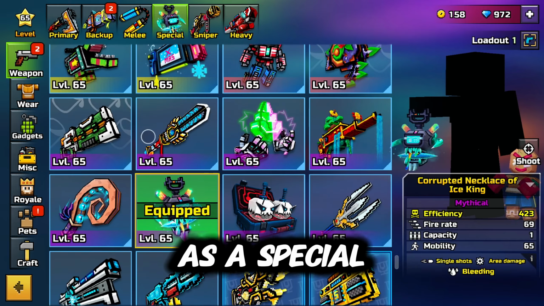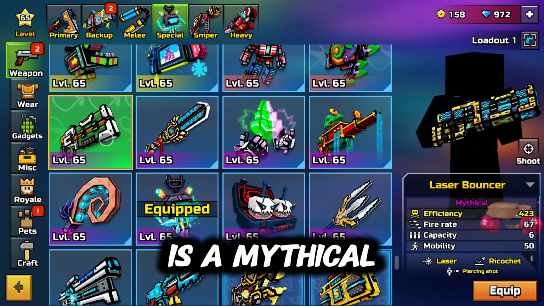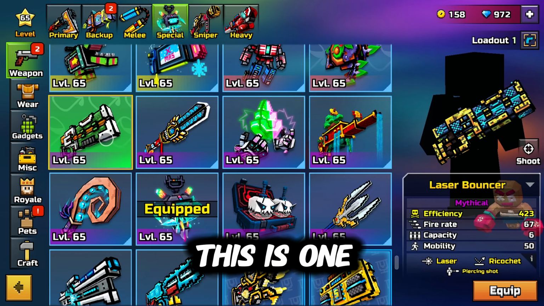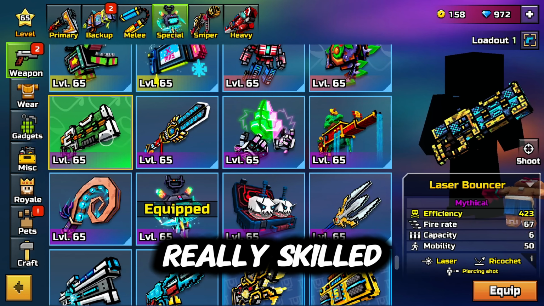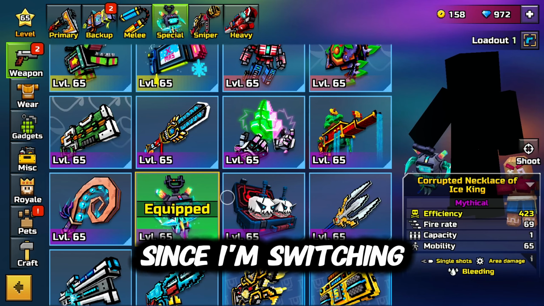As a special, you can always use the laser bouncer. The laser bouncer is a mythical, it's really insane. I showed you before, I told you before, guys. This is one of the weapons that have the most damage. It has also extra damage. It's really skilled, but I like to use more the Corrupted Necklace of the Ice King, especially since I'm switching